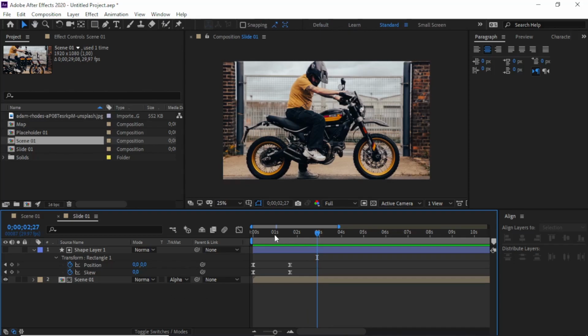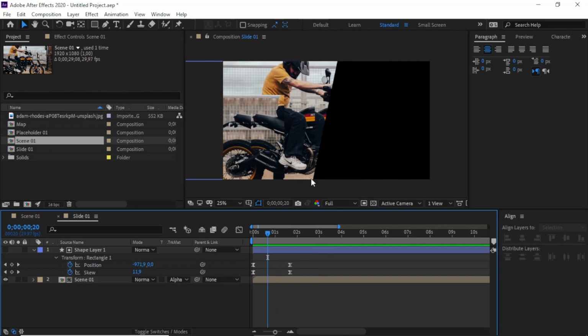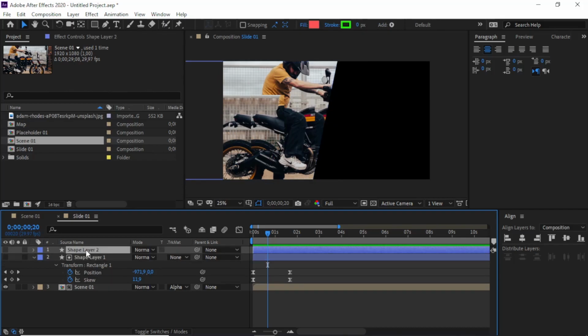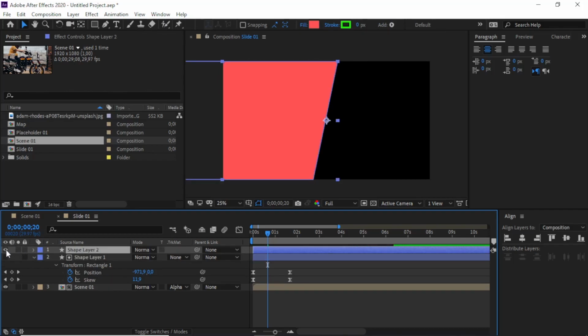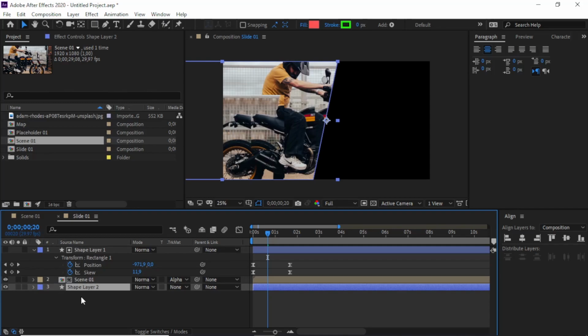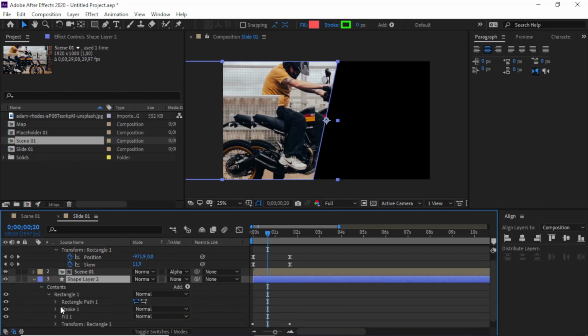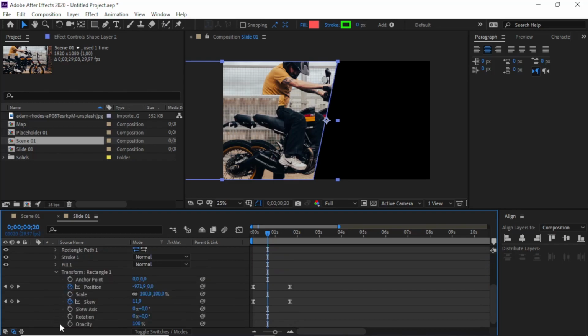Now if we see my original template, there is some kind of stroke on this part, so we simply duplicate the shape layer with Ctrl D and check the eye layer here, but we need to moving it down and then go to content, rectangle and transform.